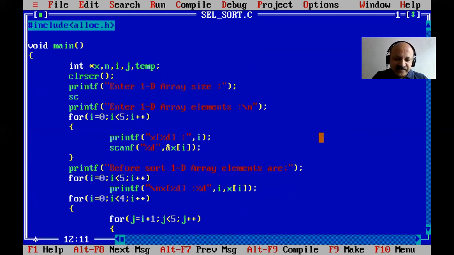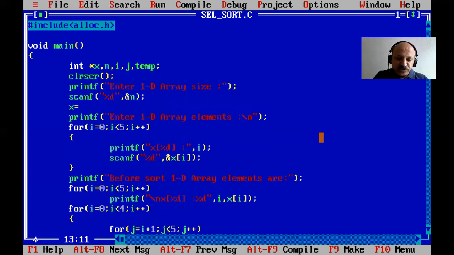So now, yes, I can scan our new variable, that is the size of our one dimensional array, and that is n. And now we can assign the memory allocation, so malloc and calloc. You have to know the syntax. For the malloc function, only one argument we have to pass: n multiplied by sizeof, and that is our integer data type. Why integer? Because our array is integer. If character, you pass character. Double, so double. Float data type, so float. And the malloc function's return data type is void pointer.